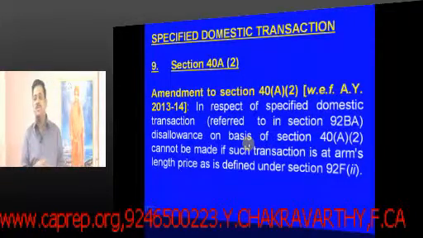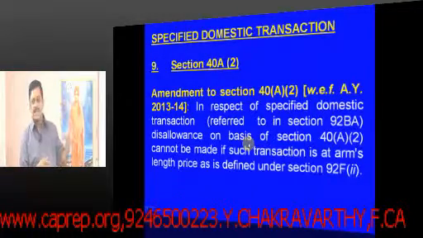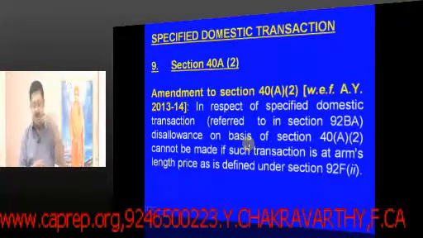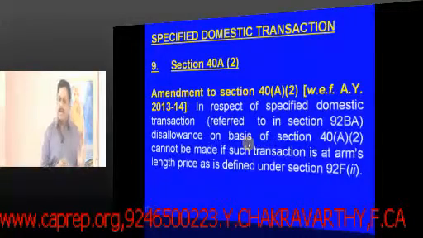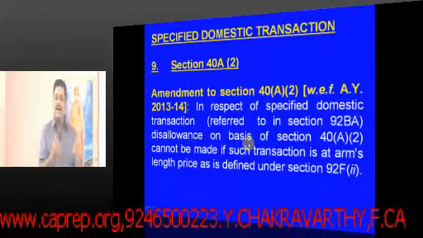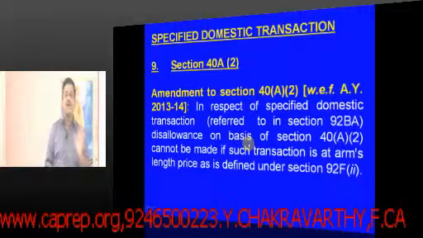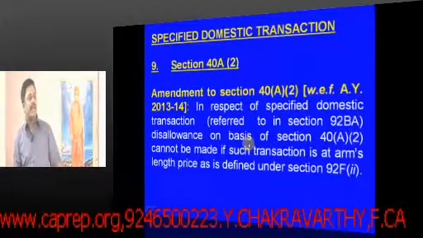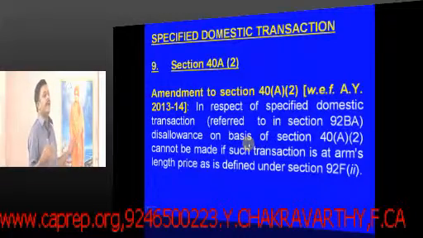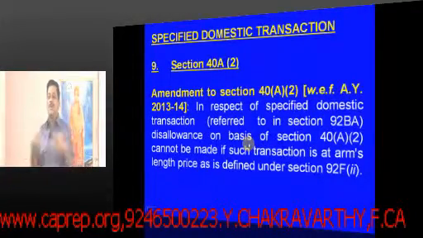Enlarge the tax base means what? Identify those transactions which otherwise need to be brought under the tax net. If they are escaping the tax net, you bring them into the tax net. That's why it is expected today that there will not be many changes in the law, except that efforts will be made to identify new areas and new people, and how to bring them into the tax net.